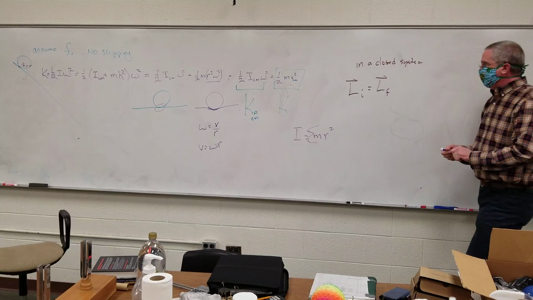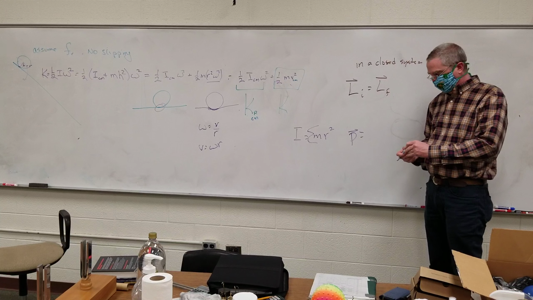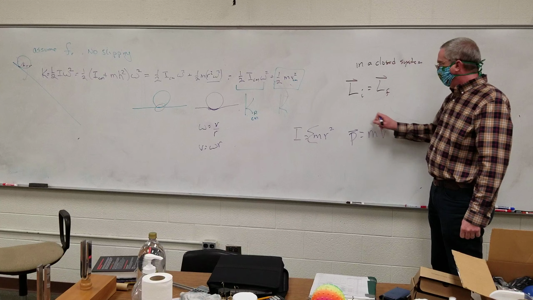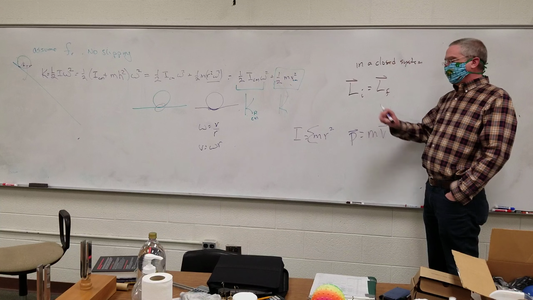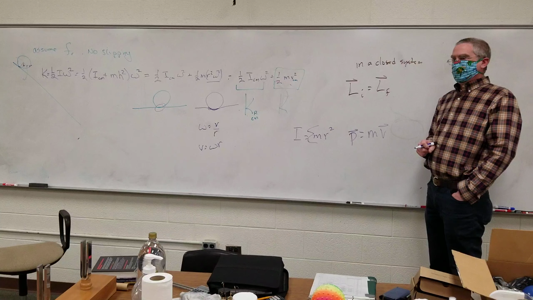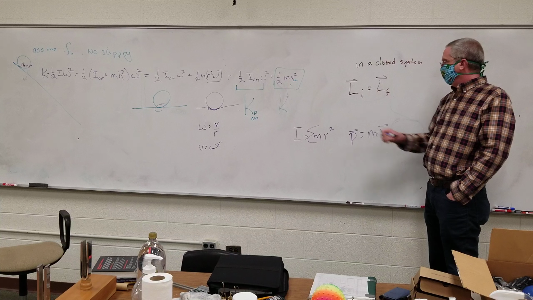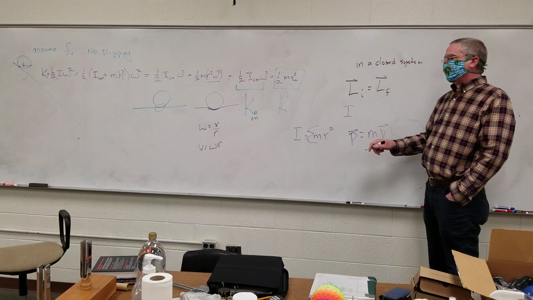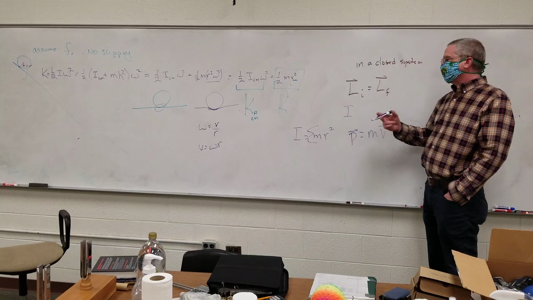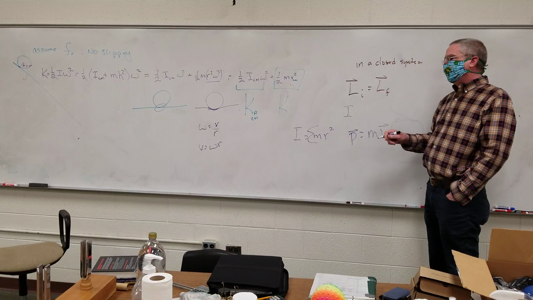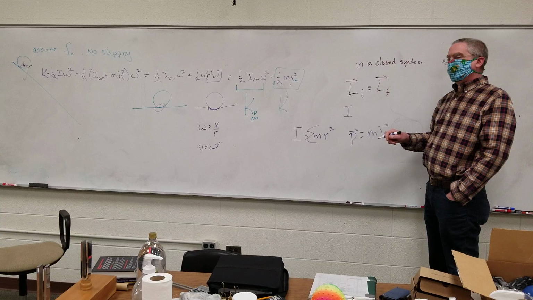So the formula for angular momentum, what does it say? For linear momentum, what's the formula? Mass times speed. That's the way. So angular momentum is the moment of inertia times angular speed, omega. Is that correct? Yeah, omega. Angular momentum is equal to the moment of inertia